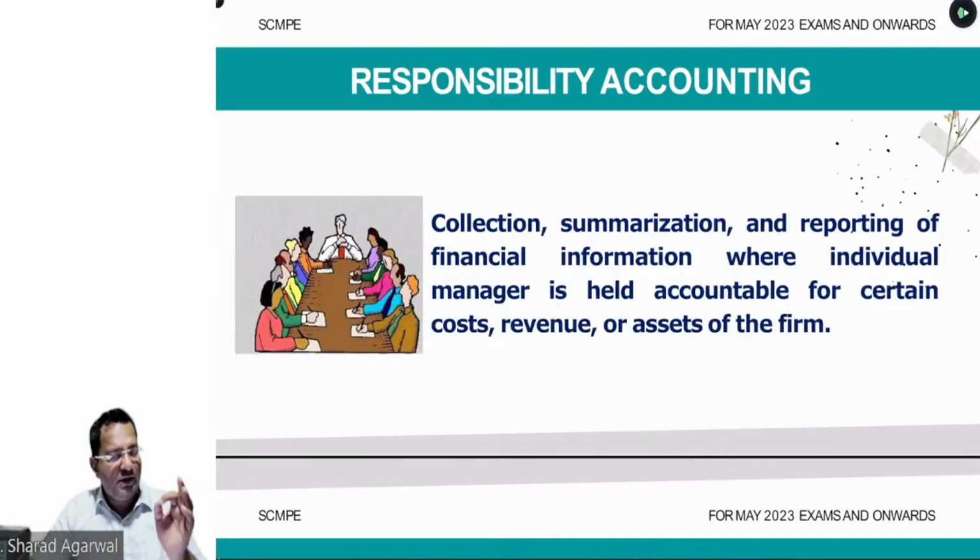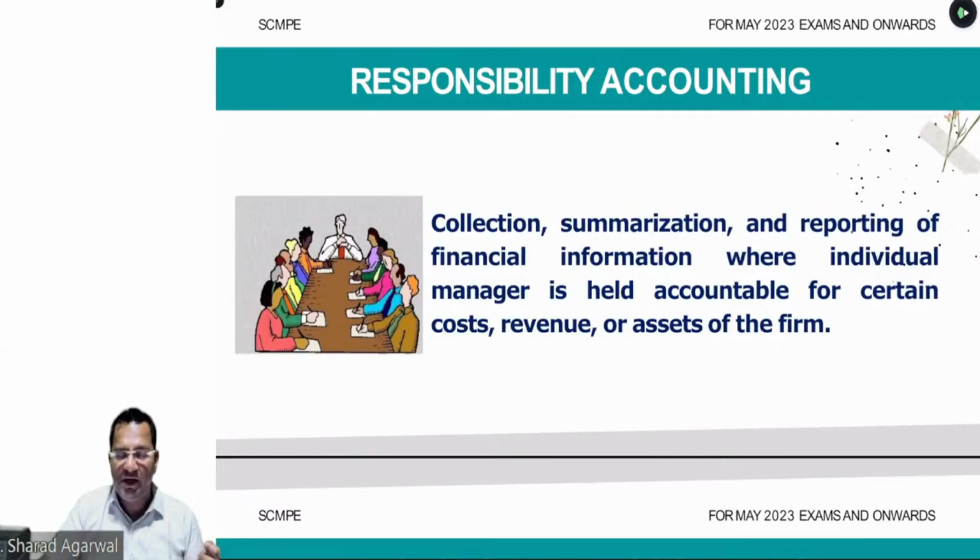The first point is that this works only in a decentralized environment. It will not work in a centralized environment. What's the difference between centralized and decentralized environments? In a centralized environment, the decision-making power vests with the strategic level of management. In the decentralized environment, the strategic level of management has delegated its responsibility and made the tactical and operational level management accountable to do the routine decision making on their own. They want that, having given you the autonomy, you have to perform in the best interest of the organization.